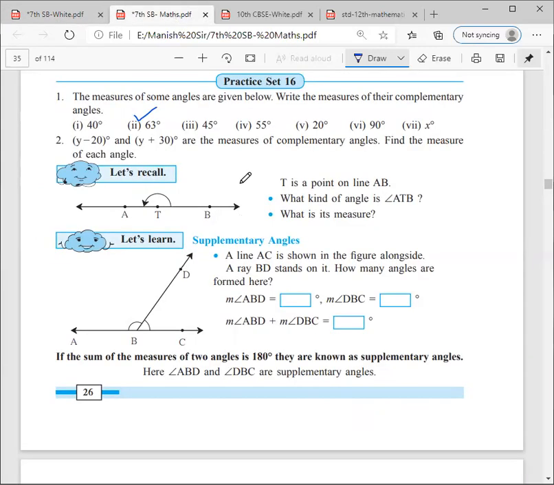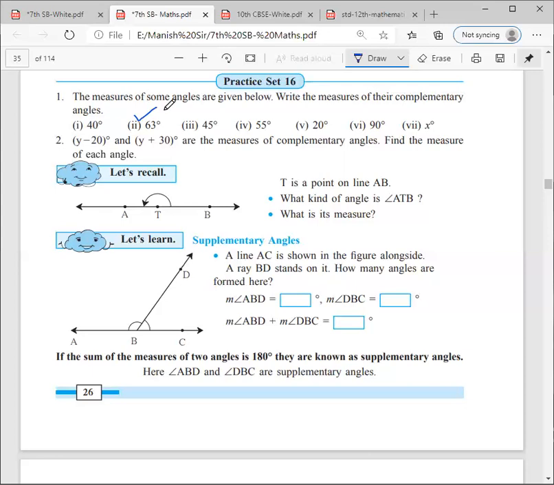If anyone asks me what is the complementary of 55, simply I can answer that it is 35. If anyone asks what is the complementary of 20 degrees, very simple, I can give the answer, that is 70 degrees. But no use of that, right? We are not writing any competitive exams right now. We have to write these questions in our written exams. So written exams need each and every step of the solution. So you have to practice each and every step. Understood what I'm saying? Yes or no? So just make a habit of writing each and every step.